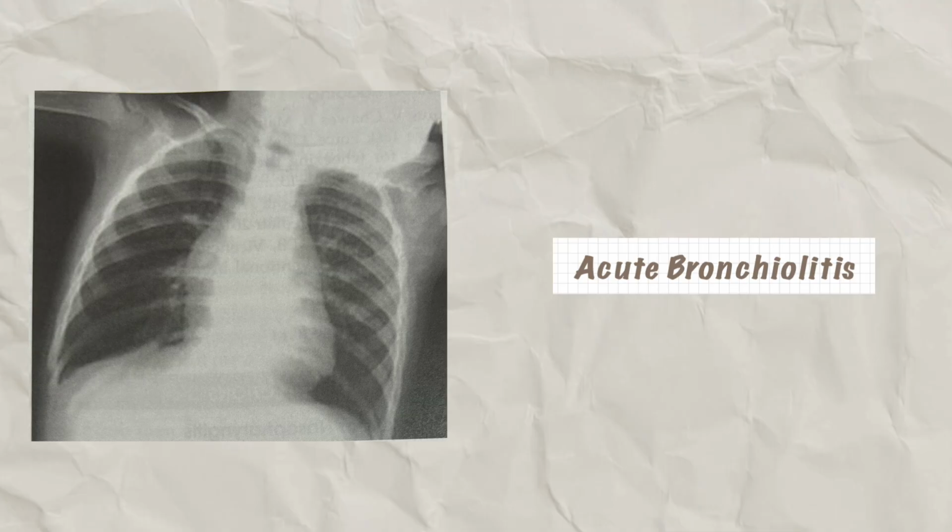Antibiotics have no role. Ribavirin, an antiviral agent, has no role in the treatment of infants who were previously healthy. Ribavirin, however, shortens the course of illness in infants with underlying congenital heart disease, chronic lung disease, and immunodeficiency. Ribavirin is delivered by a nebulizer 16 hours a day for 3 to 5 days in such cases.